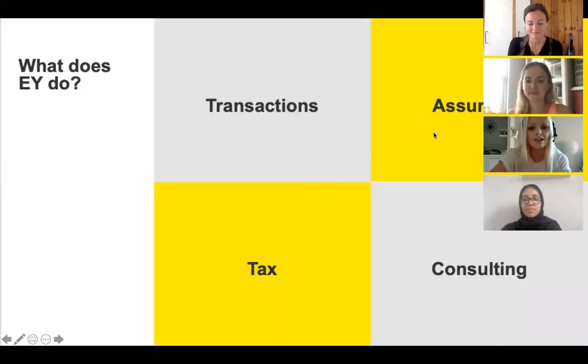So you can see there are 4 things there up on the screen, and I'm going to talk you through. They're the 4 services that we provide to companies, and I'll talk you through what that means. Traditionally, EY were an accounting firm, so we would do companies' accounts, make sure that their financial statements were correct, and how much money they were saying they made a year was true, and just kind of checking the financial transactions.